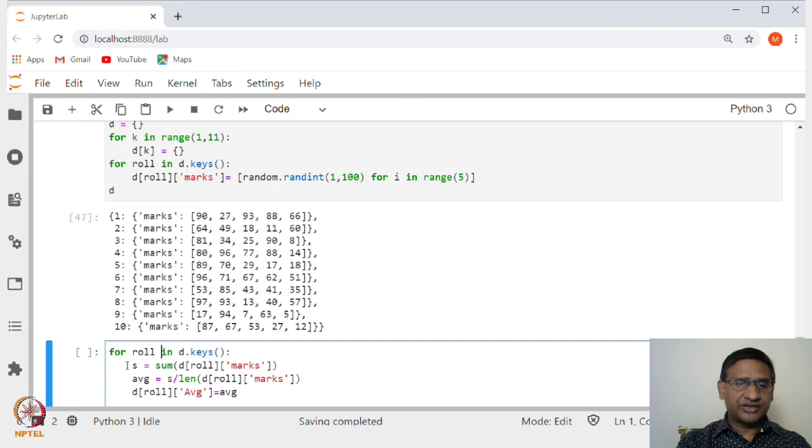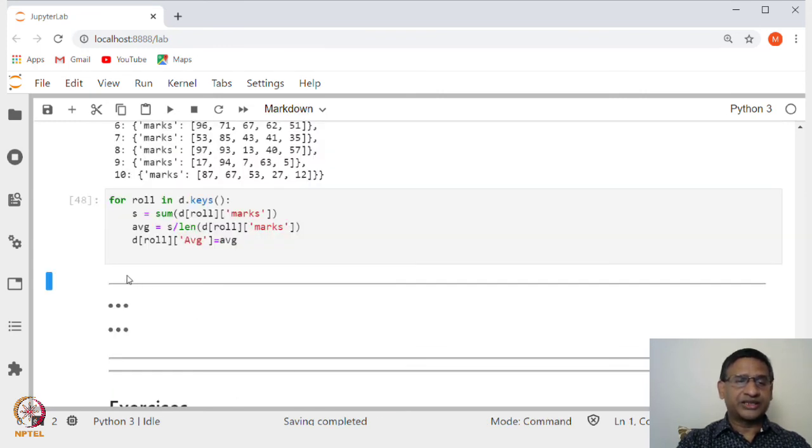So, for each of these, now you look at the sum of the marks. How do I access the marks? It is D of roll and the marks of that. Okay. So, this is the list of marks, and then take the sum of the marks of each student, and then take the average. Average is S divided by the length of the marks, and then inside D for that roll number, you create another key called average, and add that value to it.